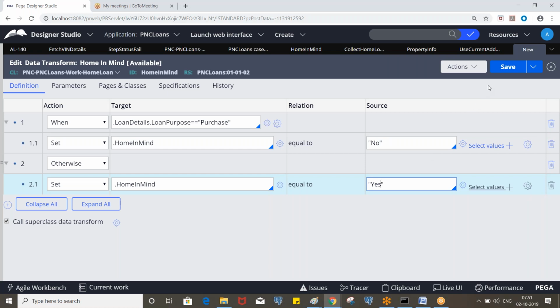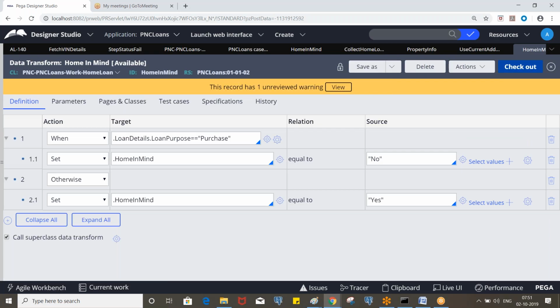If it is an activity, how many steps do you need to write? Two steps. In the precondition, you will put loan details dot loan purpose equivalent to purchase. If it is true, continue and the property set will be executed. If it is false, you will skip the step.